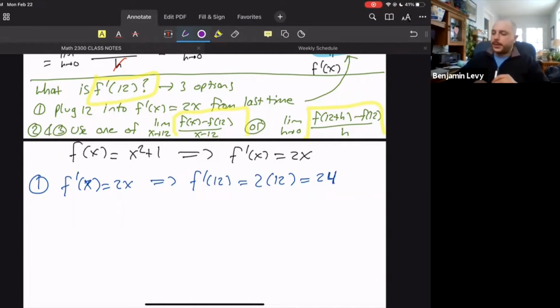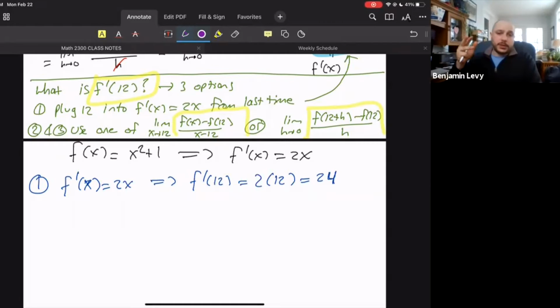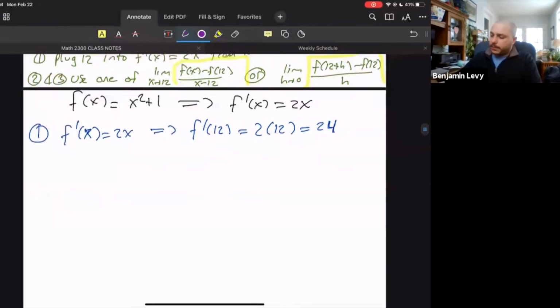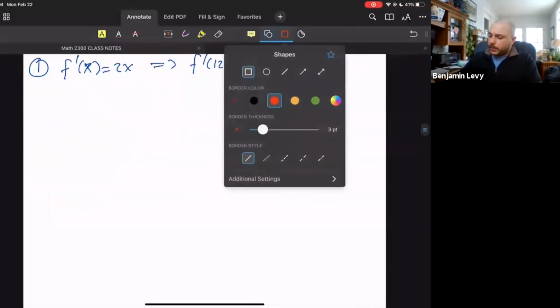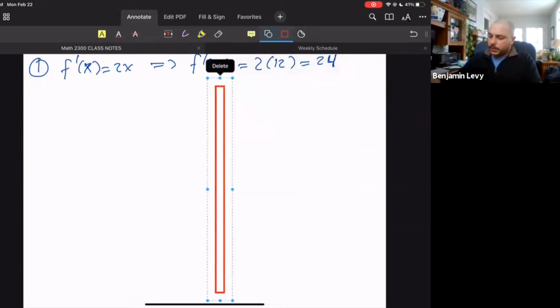All right, let's remind ourselves about the other two options. The other two things I've circled in yellow there are the other two things we could do. So I'm going to split this page just in half down the middle. I suggest you also split the page in half because we're going to do the other two things